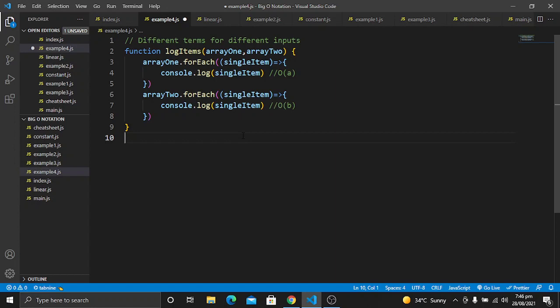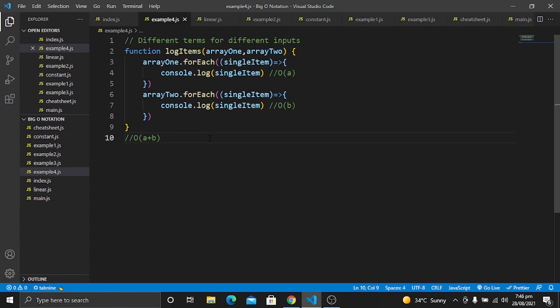Now we can say the time complexity for this is going to be O of A plus B. So this is the third rule, which says different terms for different inputs. Let's see what will happen if we have a nested for loop.